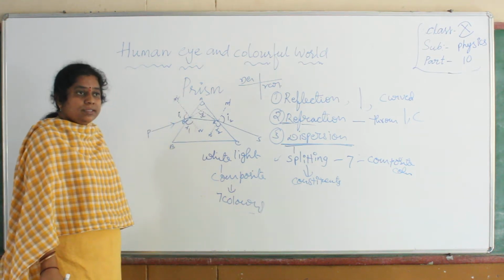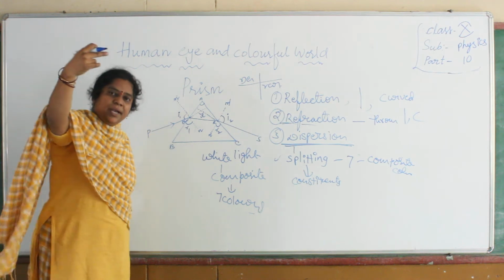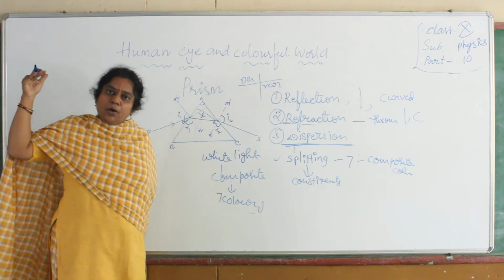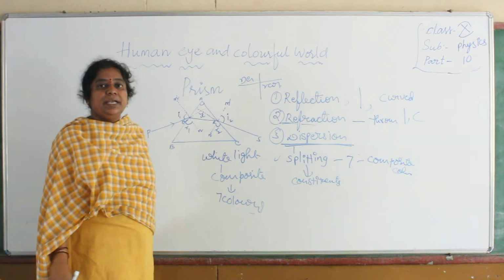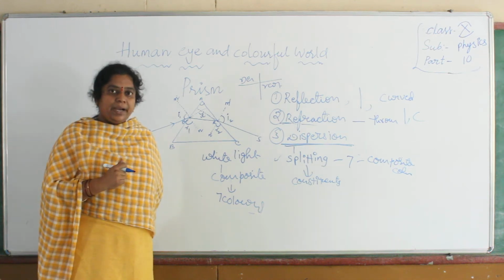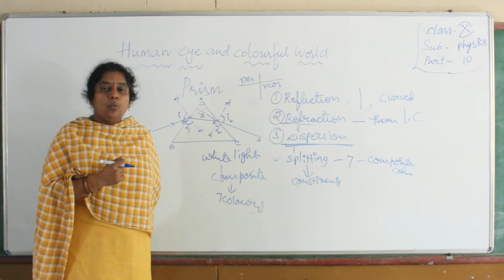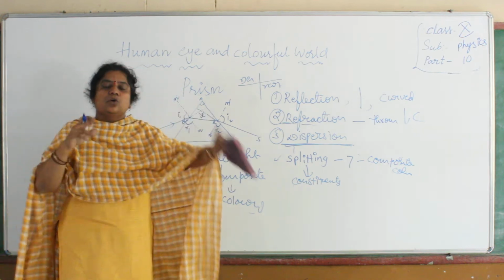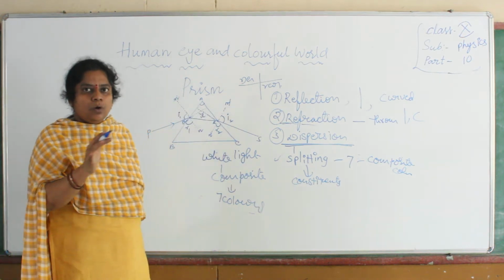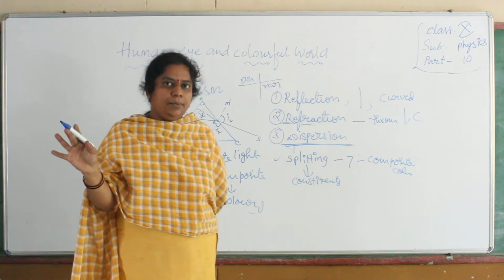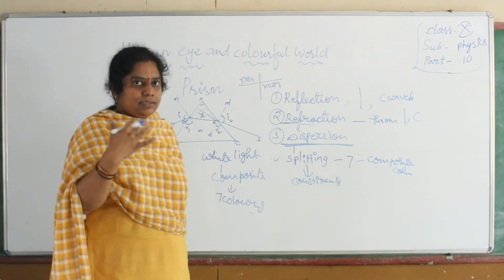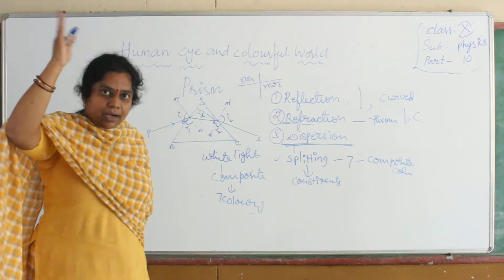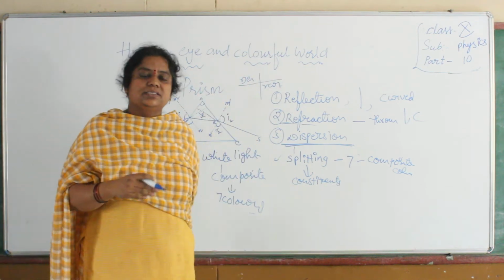So this white light, when it travels in the air medium, it will be white light only. It won't split. But when it goes through any medium like water droplets, that is the reason you will see the rainbow. You see the rainbow when there is drizzling along with sunshine. For the formation of a rainbow, if only rain is there, you can't see the rainbow. If only sunlight is there, you can't see the rainbow. So there should be 2 conditions: the rain along with the sun rays.